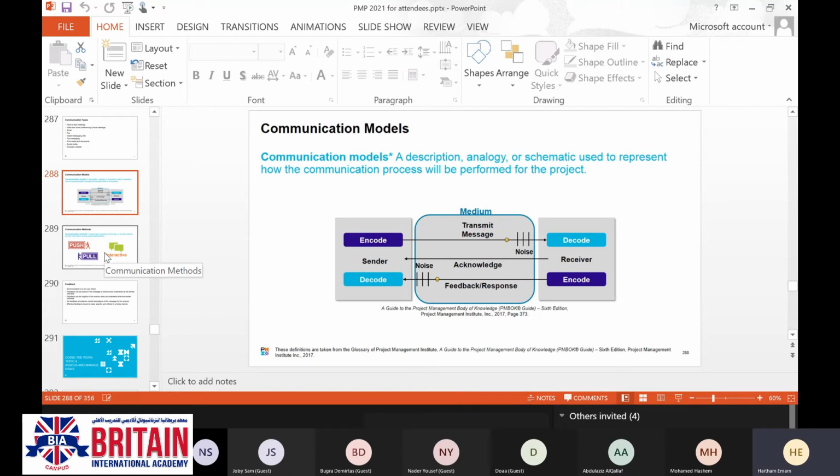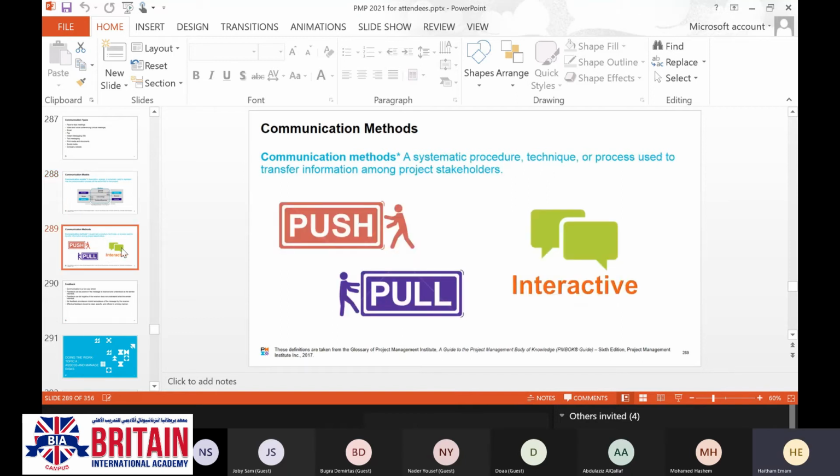But when the question is asking me about the communication method, whether it's going to be interactive, like WhatsApp or video conference or meetings or meeting over Zoom or telephone calls, you are waiting for the response immediately. You would like to take the response right now.